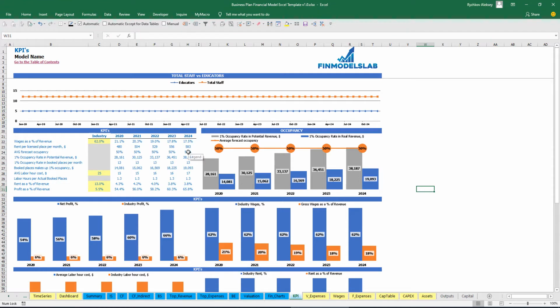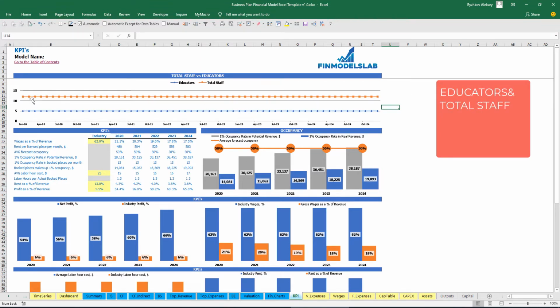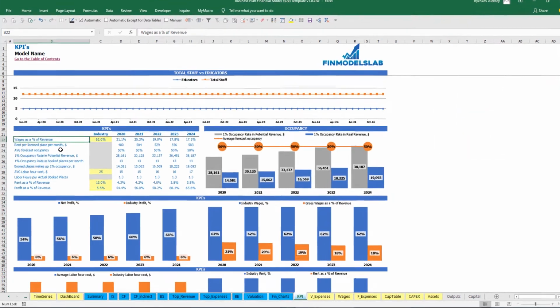On the KPI charts, you may see the main industry benchmarks with comparison to your model outputs. On the first top chart, you may see the educators and total staff to compare if it grows proportionally. Additionally, you may see the occupancy chart and all the charts related to benchmark indices such as wages as a